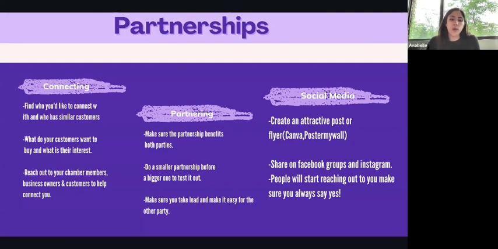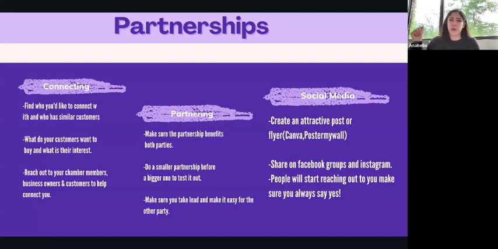So connect with local businesses and customers. You can ask your customers, where else do you go? Where do you go to spend your money weekly, or what other local businesses do you shop at? You also want to reach out to your chambers of commerce to see if they have any events that you can connect with. That's how you can start finding local businesses and business owners to reach out to, or of course, Instagram and Facebook. You can message them directly because they have business accounts on there, and who's running the business accounts most of the time is the business owners.